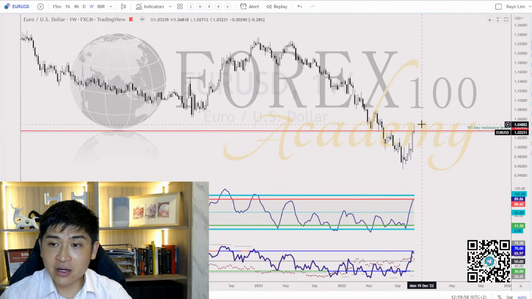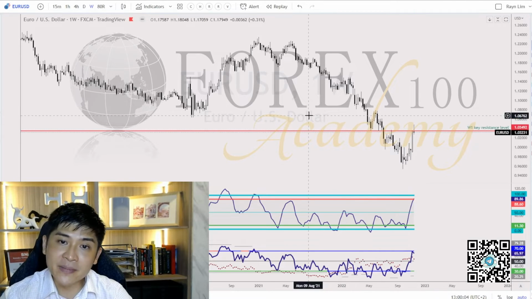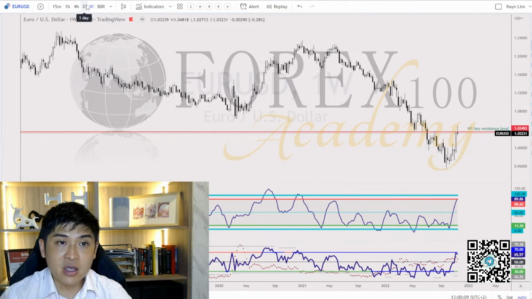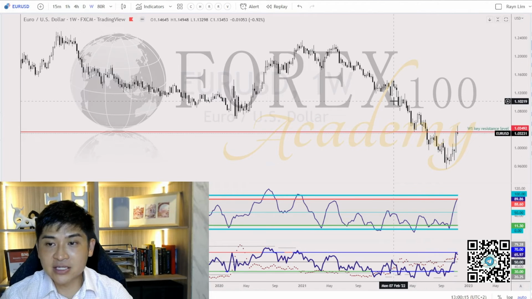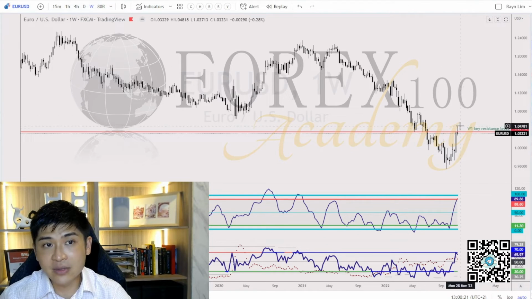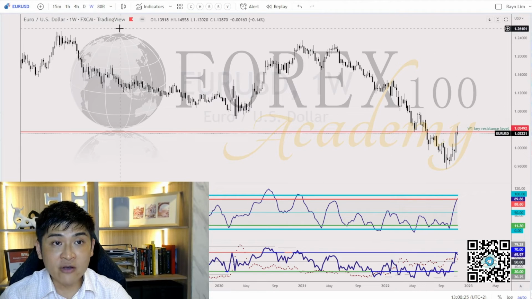So if the market managed to break and close above the level that I spoke about on the daily chart, then maybe it's a better confirmation that we are on a bullish trend. The only way to find out is to wait for a week for the candlestick's closing to see how it goes. By looking at this, I will still be looking for a shorting opportunity for this week, because even if it's going higher, it can have some bearish movement, and right now we are at the highest range of the